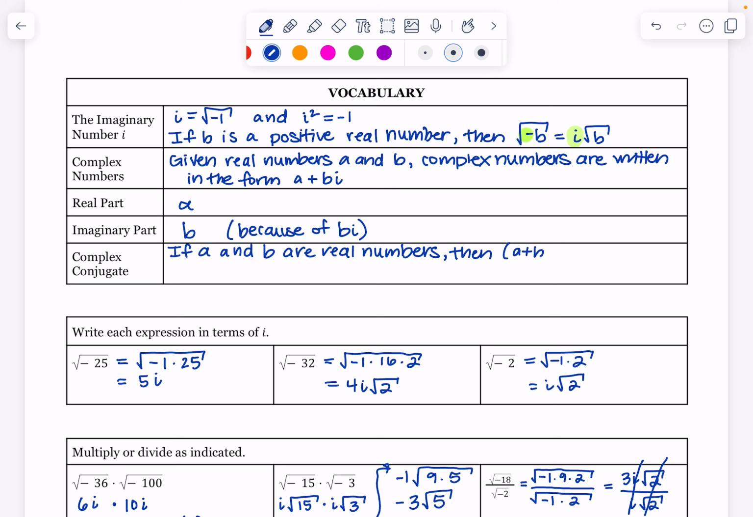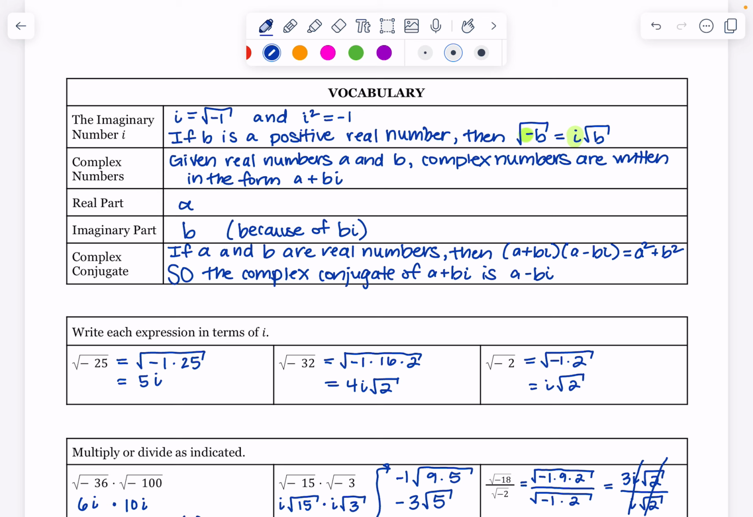a plus bi times a minus bi is equal to a squared plus b squared. Or in other words, there's no i's left. So the complex conjugate of a plus bi is a minus bi, which is a tool to help us